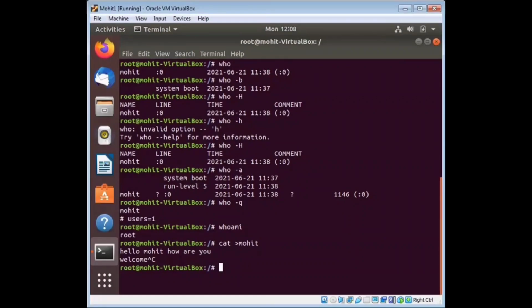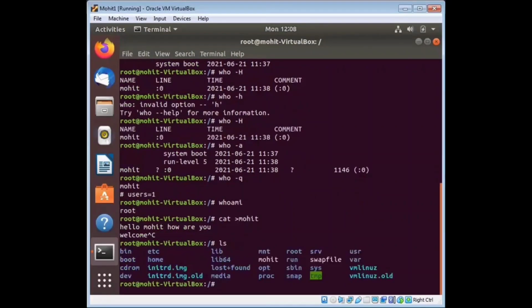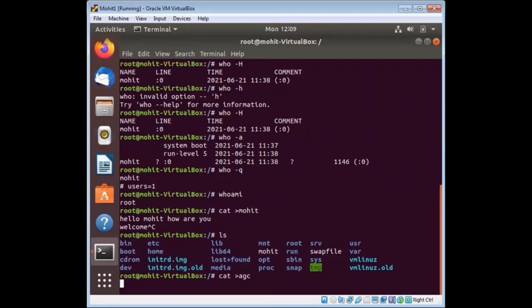Now I'm going to show you where my file is. Type ls. See, this is my file. Again, I'm going to create another file like cat > AGC.